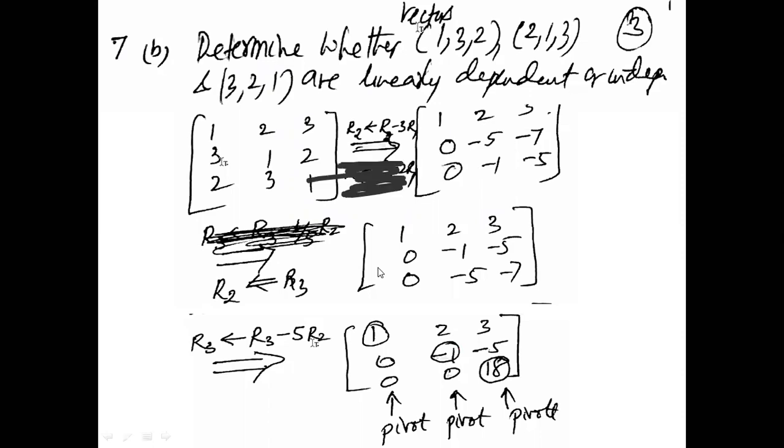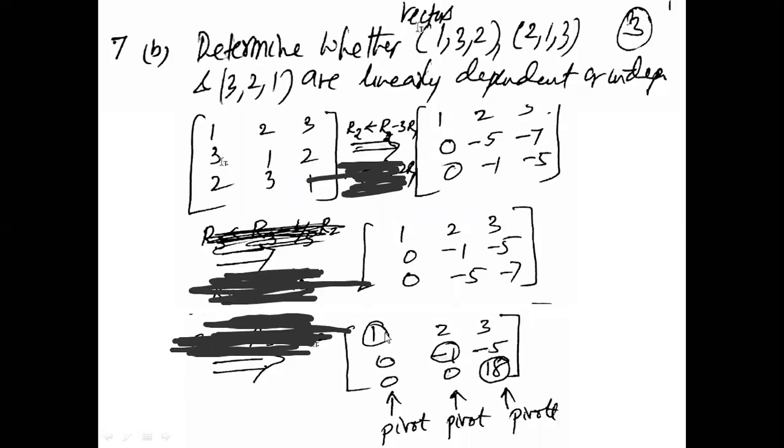Okay, and then again I apply the third row, which I write as R3 minus 5 R2, and the matrix comes out to be this. So if you see, the main diagonal is having the elements, and all the elements below the main diagonal are just 0, right? So this is a pivot because the first value is 1. This is a pivot. If I can remove the negative sign, this will just become a pivot, and then again this will become the pivot. So you have 3 pivots, and the number of vectors which are given to us, 1, 3, 2, 2, 1, 3, 3, 2, 1, are also 3 in number.